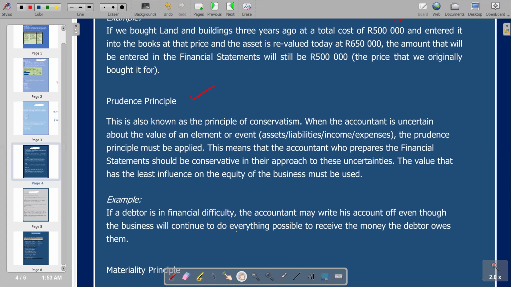So we are supposed to write it off as a bad debt in the books, although we are going to make some effort to make sure that we receive that money. That is what this example is trying to illustrate. Then you go to the next one, which is materiality